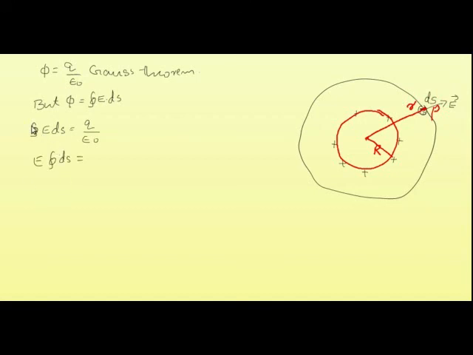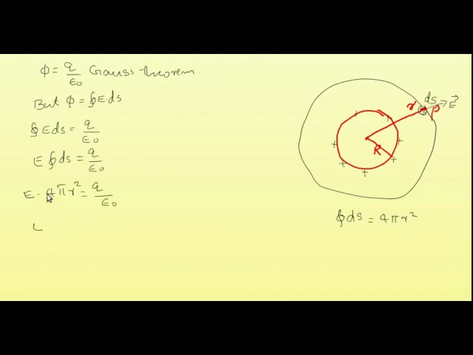But here you can integrate over the closed surface integral, which is E into closed surface integral ds is equal to q by epsilon 0. Then what is closed integral ds? So closed integral ds means you can imagine a large number of ds put together over the surface, that is integration, and once you integrate all these ds, what you get is the surface area of this Gaussian surface. Therefore you can replace this closed integral ds with 4 pi r square.